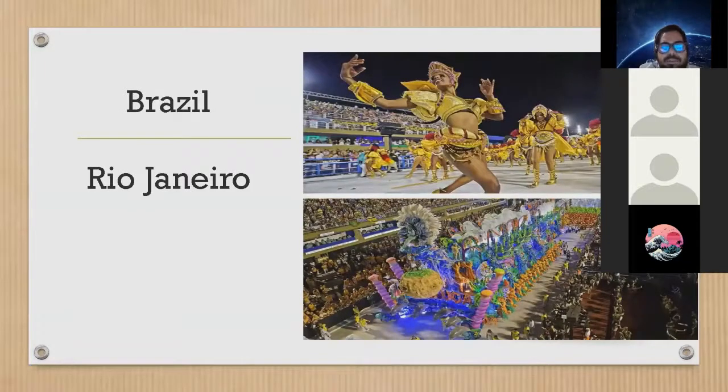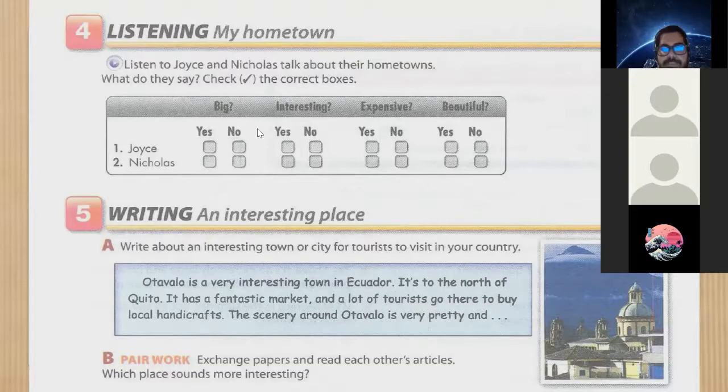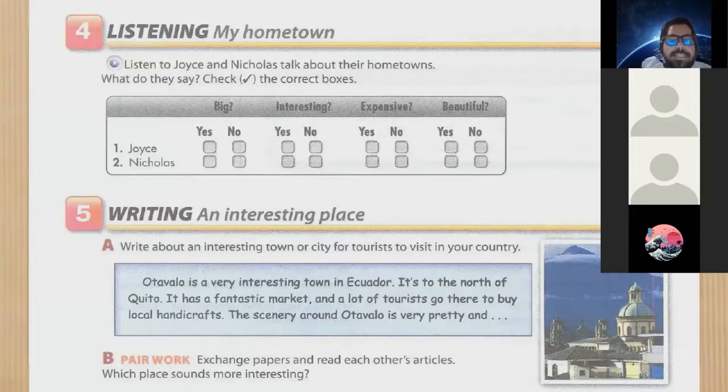Guys, I want to do this part over here, and this is going to be like a homework for you. Remember that I always tell you that at the very beginning we're very active and paying attention. But right now I want you to calm down and work on this exercise, guys. I want you to write about an interesting place here in Costa Rica. Think about Costa Rica and think about a good place, a place that you like visiting, for example.